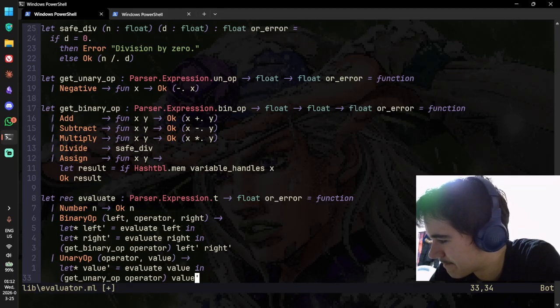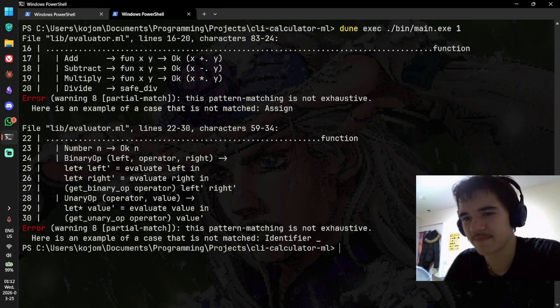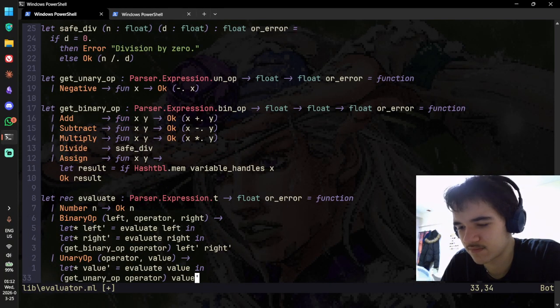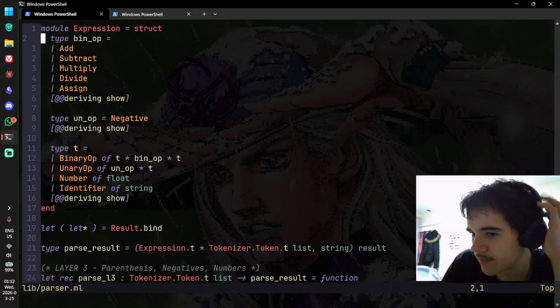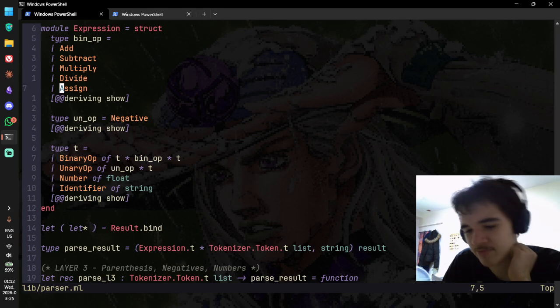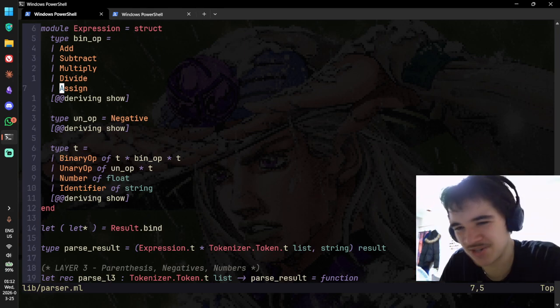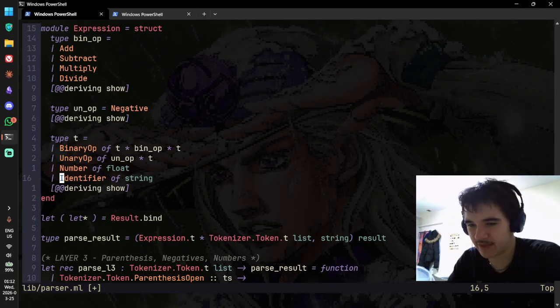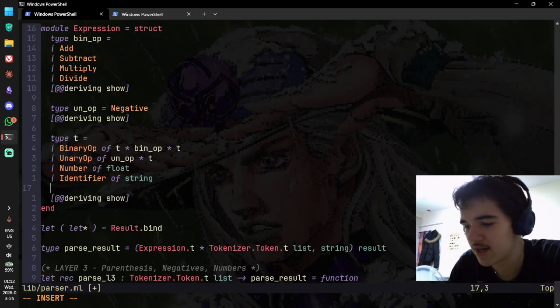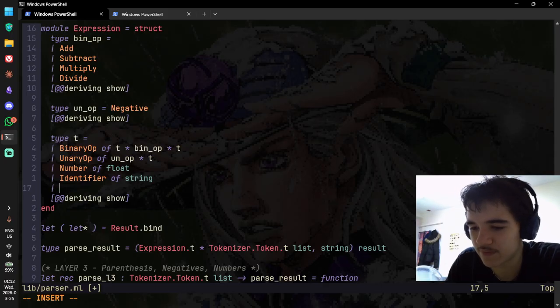No, I can't though. I can't do that. What are my options? Sorry. Right. So I go binary operator, unit operator, number, and identifier. Okay. My issue right now is I'm treating assignment as a binary operation. That it shouldn't be. It should be its own thing. So we'll have an identifier, which is just the identifier, and then we should have a